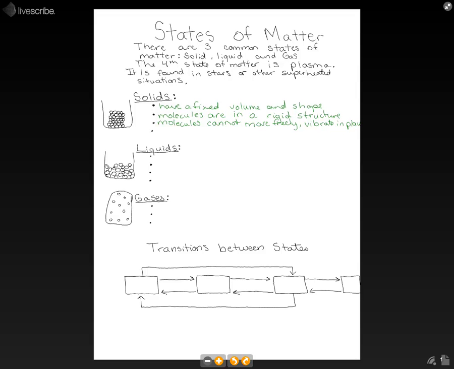And they can only change shape or volume by mechanical forces. So that would be like cutting, breaking,